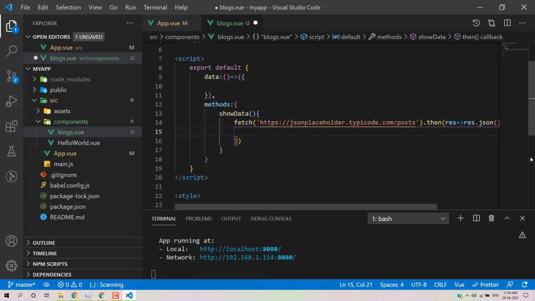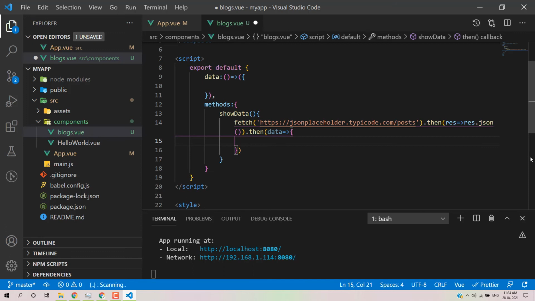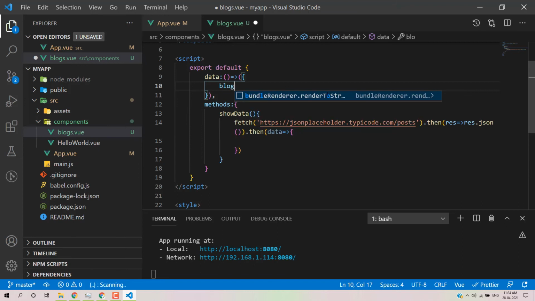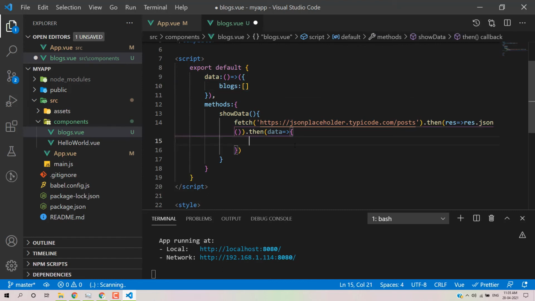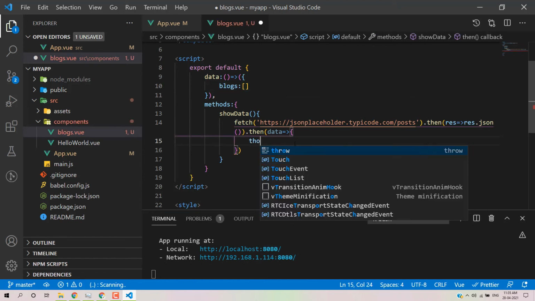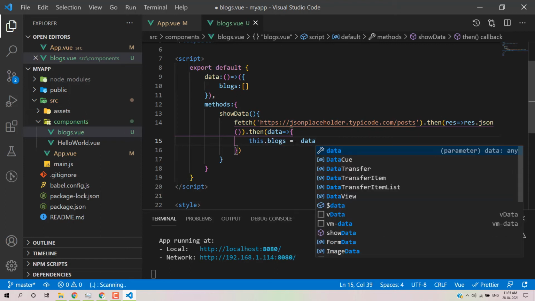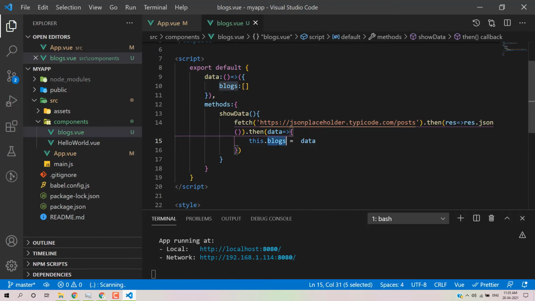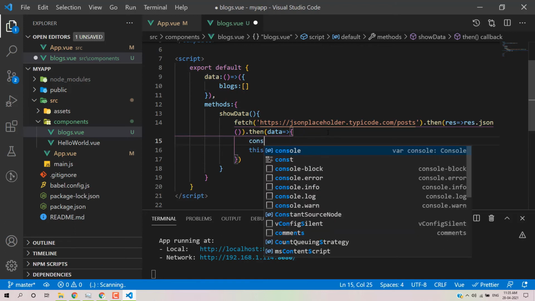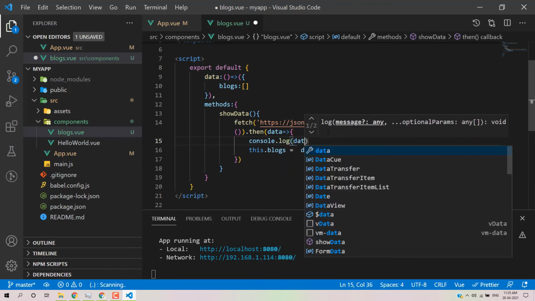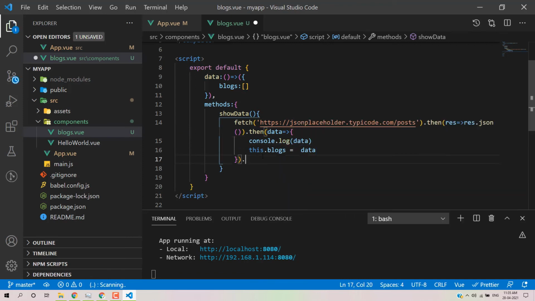So this is a blocks array, and we will write this.blocks equal to data. Okay, so we have an array of objects, and we can print this data in console.log, and if there are any issues, we can handle with the catch block, and here we can print the error e. Okay, so I'll save and reload this page.